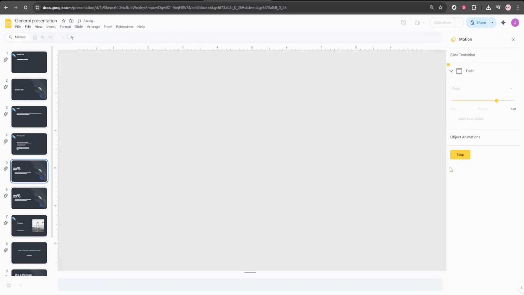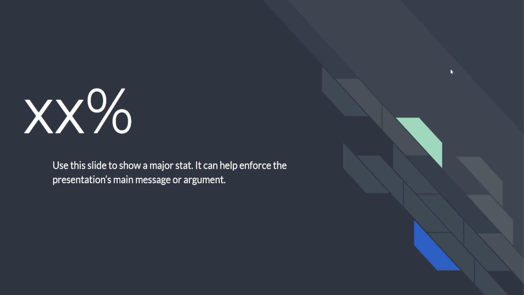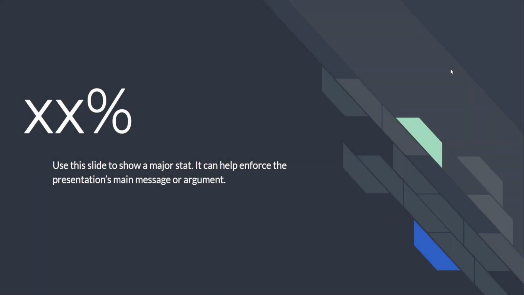To add motion, click Transition. Choose a transition from the drop-down, then adjust the speed to match your pacing. You can apply the same transition to all slides for consistency or set